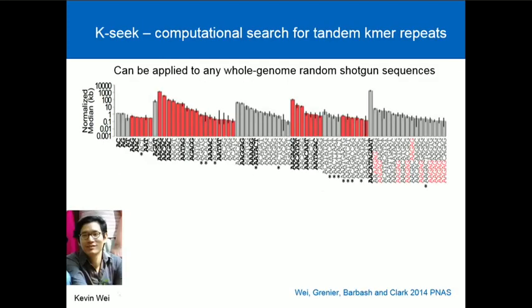This is the work of Kevin Way as part of his PhD thesis when he was co-advised by Dan Barbash and me. And so you rip through, there are of course many, many words between 2 and 20 letters long, but it's only a small subset where you see these very high abundances of them. And this is just sort of an indication.